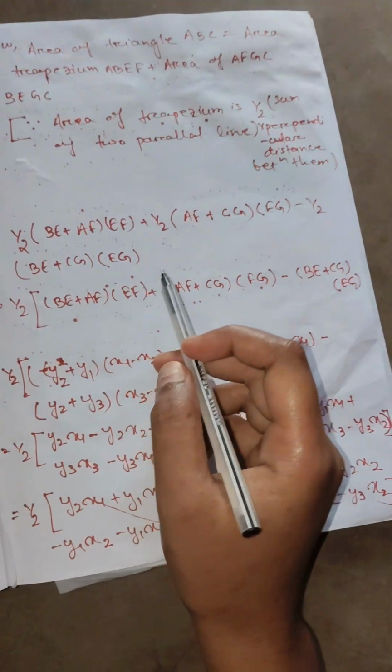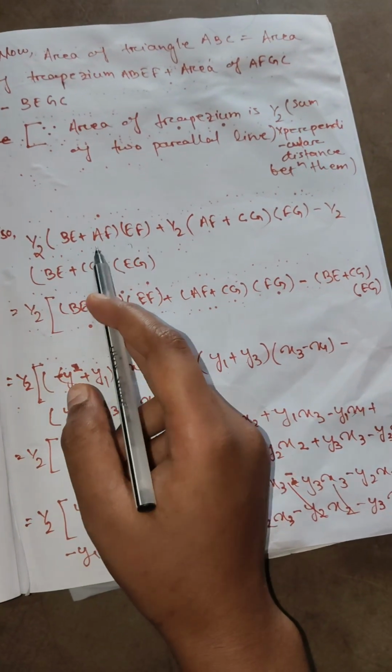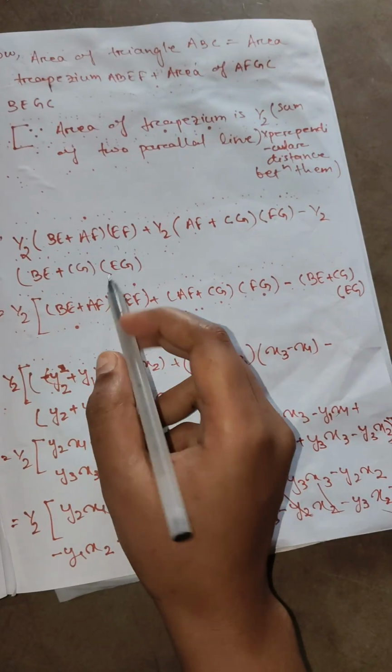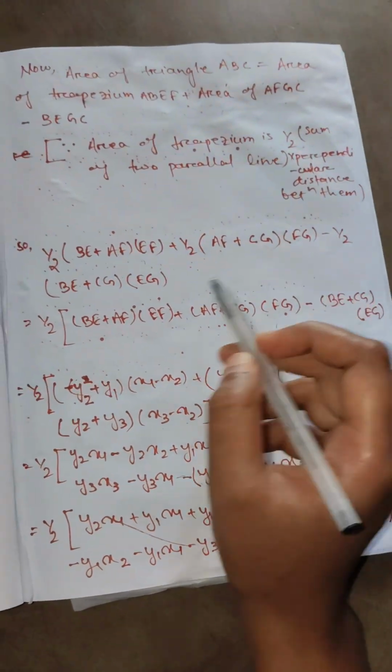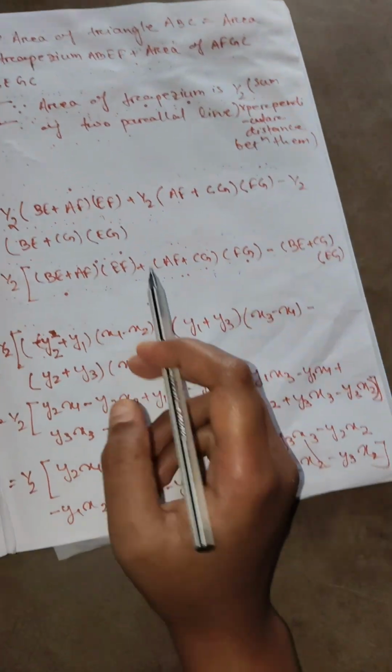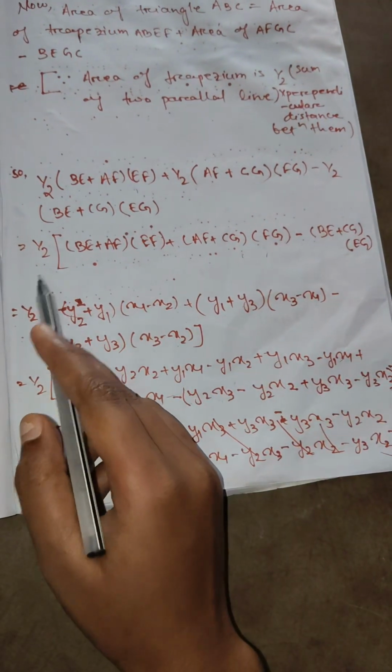Now, taking half outside as common, we can get BE plus AF multiplied by EF, plus AF plus CG multiplied by FG, minus BE plus CG multiplied by EG. By writing this in the coordinate system, I can get half,